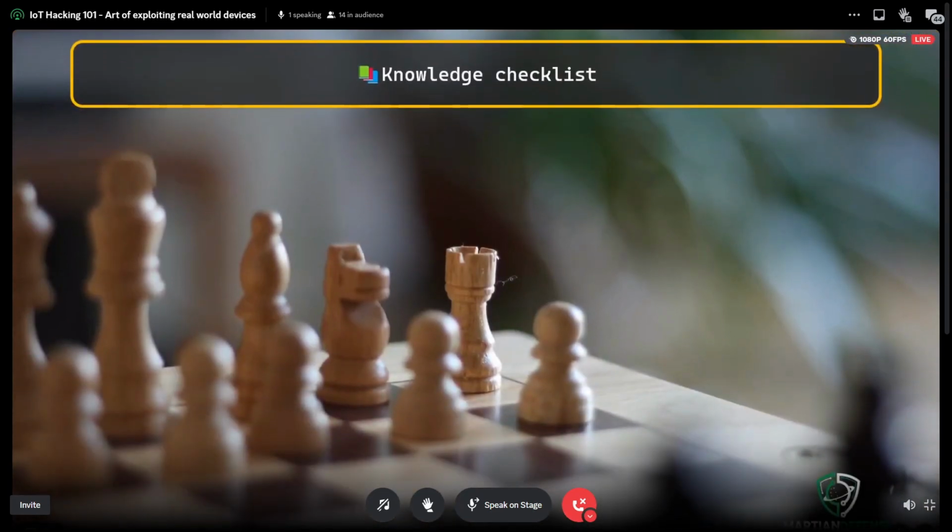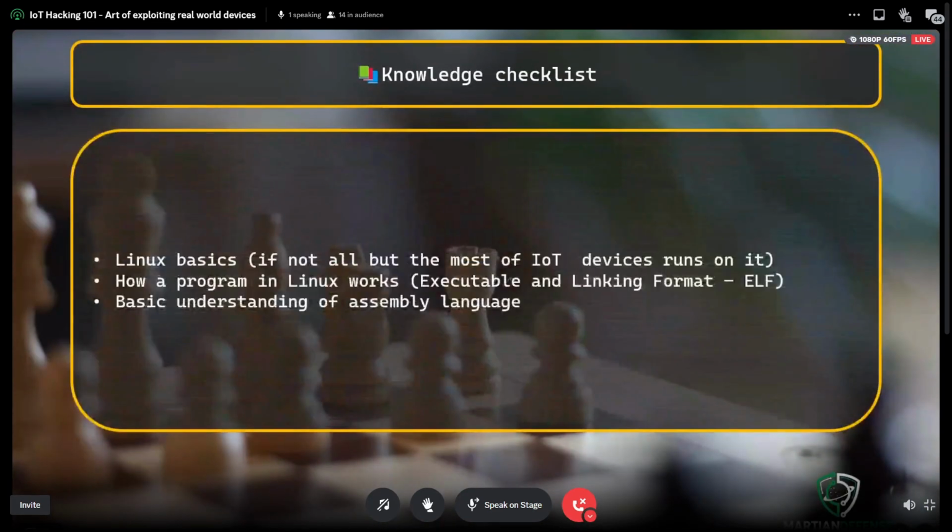Now let's checklist what you gotta know. Linux basics, no choice for you, man. If you are into IoT security, most of the devices run Linux, because it's very resource friendly.